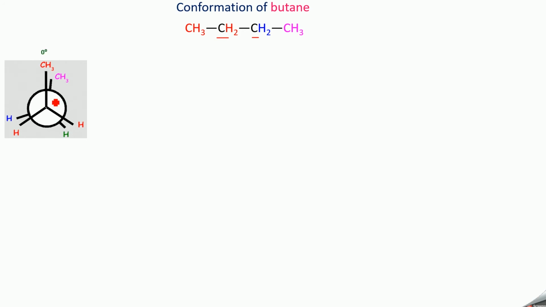Now, this is the form with dihedral angle 0 degree. Here, this CH3 and this CH3 group, they are very close to each other. They are eclipsed with each other. So, the electrons of this group will repel the electrons of this group. This is what we call electronic strain or torsional strain. Again, the van der Waals radii of this group will intersect with the van der Waals radii of this methyl group. That is what we call van der Waals strain. So, due to these strains, the potential energy of this form is very high. So, there will be a high discomfort in the molecule. So, this form is highly unstable.